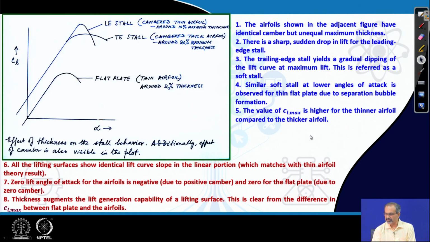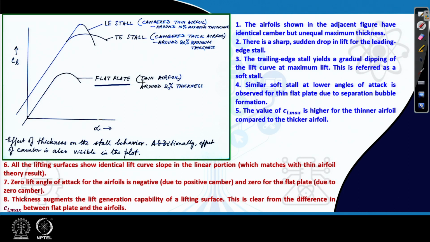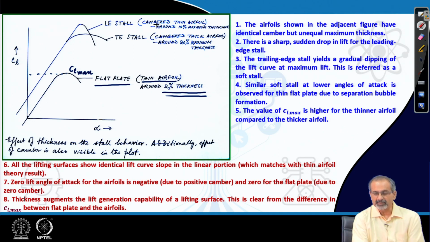So, this is a plot which gives you some more information in that direction. We have a flat plate, which is the thin airfoil case, and it is going to encounter the thin airfoil kind of stall, and it is typically say 2% thick. You have a CL alpha curve where you can see that the CL max corresponding to the flat plate is really much smaller than the corresponding airfoils, and you find that a thinner cambered airfoil, typically with about 10% maximum thickness, has a CL max